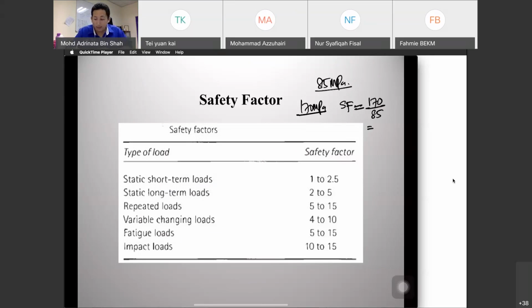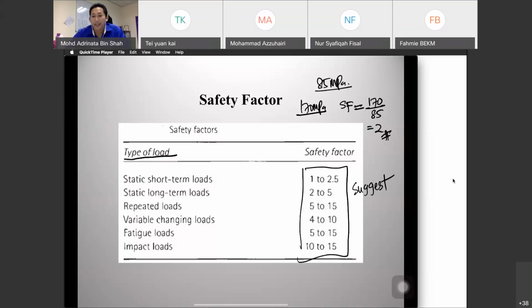That's it. The safety factor is 2. And then this is some kinds of loading, and the suggested